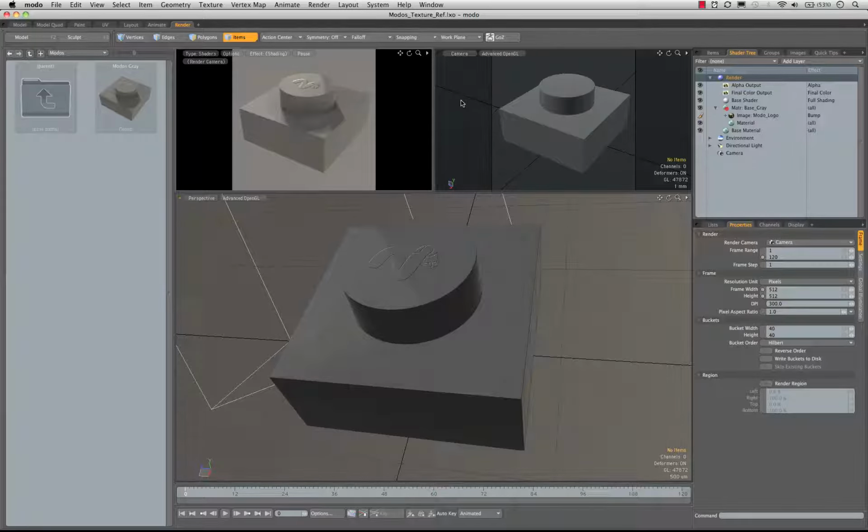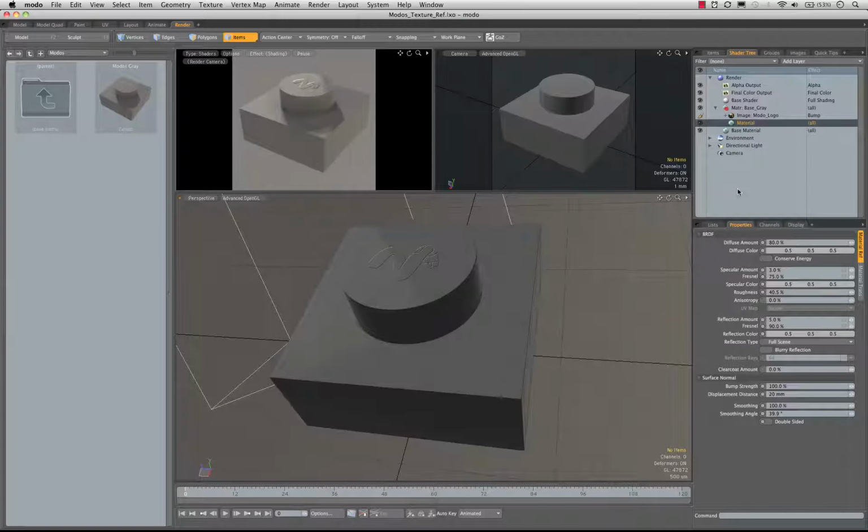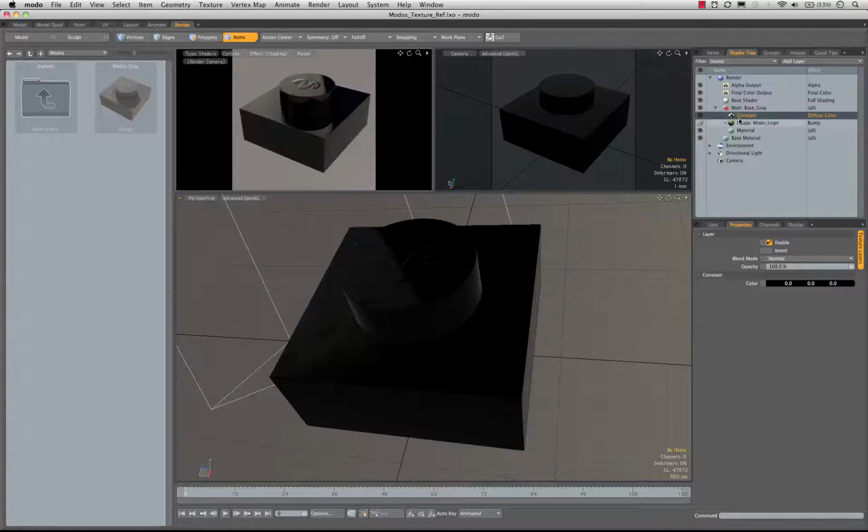of our base gray. Now there are two shades of gray in the particular ones that we're going to be looking at here. There's a lighter gray, and then there is also a darker gray, and then of course there's black and white, but let's start here with the shades of gray. And what I'm going to do is, instead of editing here in this diffuse color, I'm going to add a layer, and I'm going to add a constant layer, and then I'm going to create an instance of that,